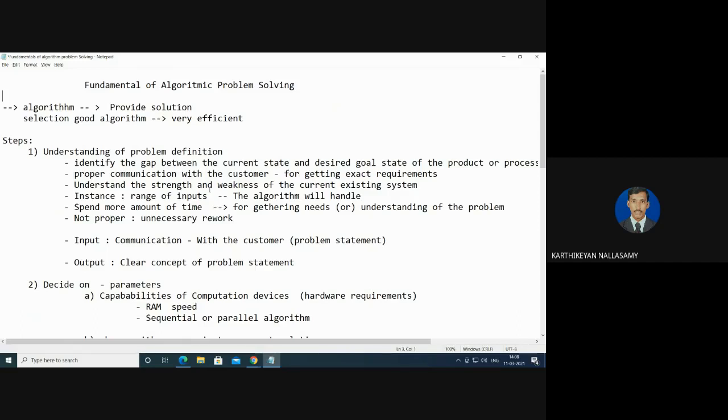So the input is the needs, that's a customer problem statement. The problem statement needs to be identified so that there is a clear concept of the problem. That is the objective or the input and output for the first step. And based on the output of the first step, we are going to identify the